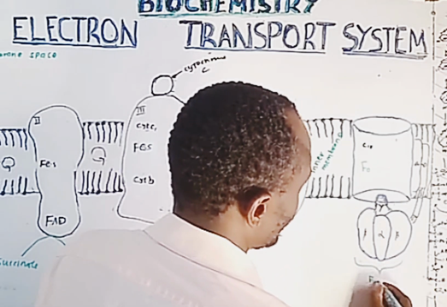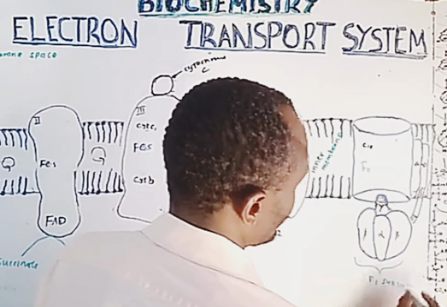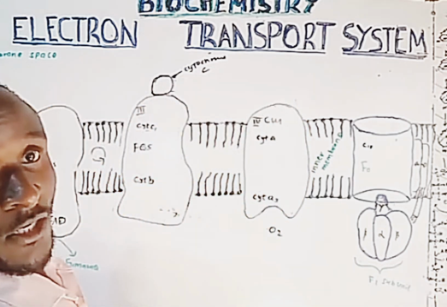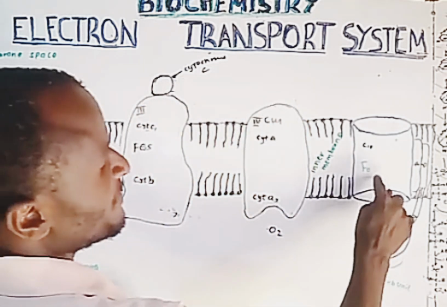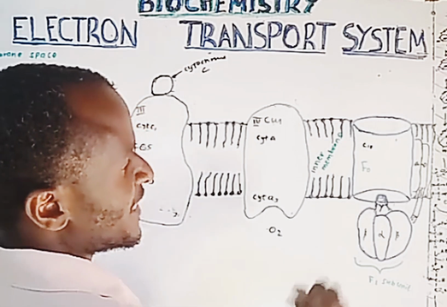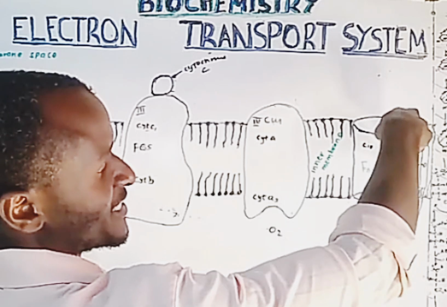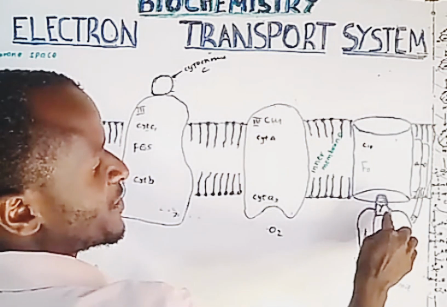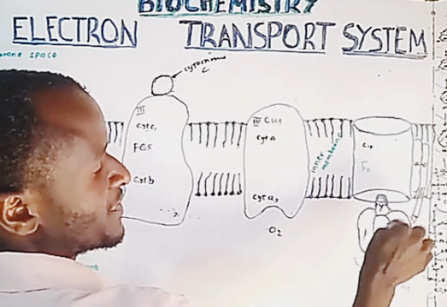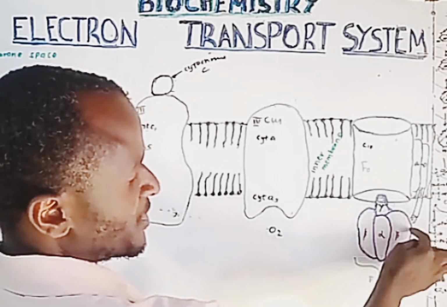So the F0 subunit of ATP synthase has the ability to spin. It spins once a proton enters it. When it spins, it also causes the gamma subunit to spin. But when you look at the F1 subunit, it is held by a beta stalk, and therefore it cannot easily spin. So guys, this information can easily be found in Lehninger Principles of Biochemistry,